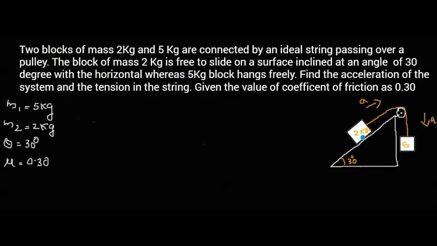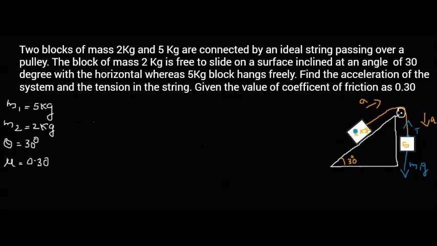Okay. Now before drawing the free body diagram, roughly we can draw the forces acting on this rough diagram. First consider the object with a mass of 5 kg, that is we are considering m1. So the forces acting on the 5 kg mass are the weight of the object which is acting along the downward direction m1g and the tension in the string. So from this point the tension is pulling. So this is the direction of tension. So only two forces are acting on this object.